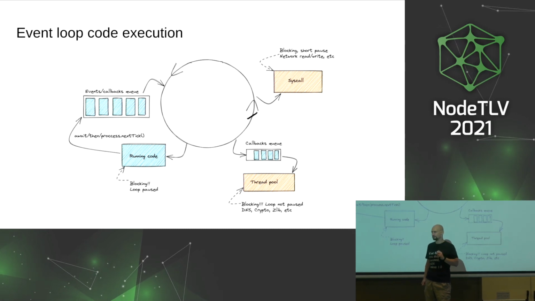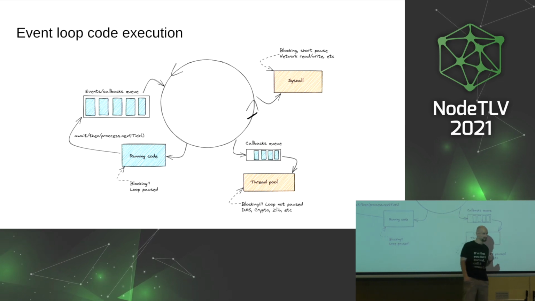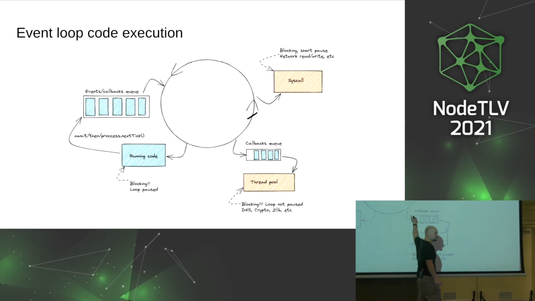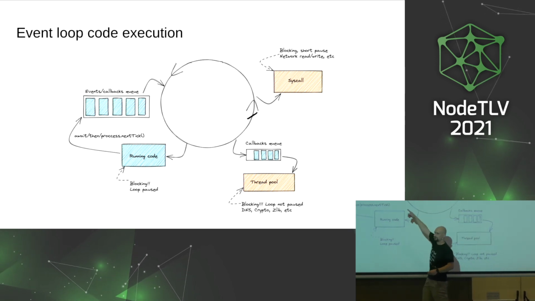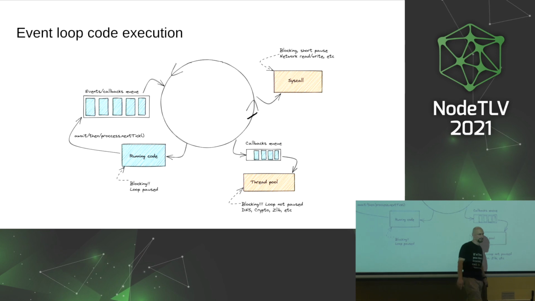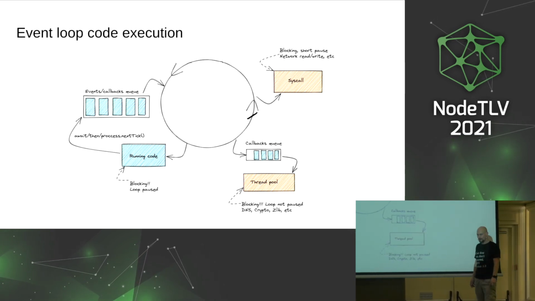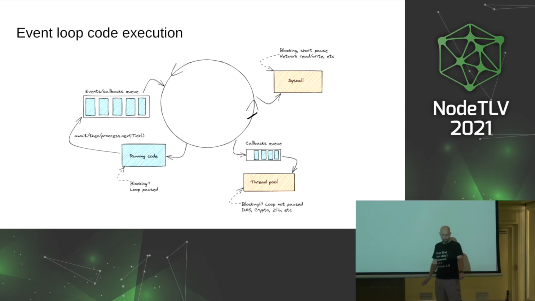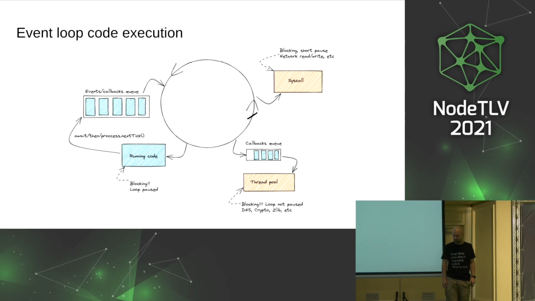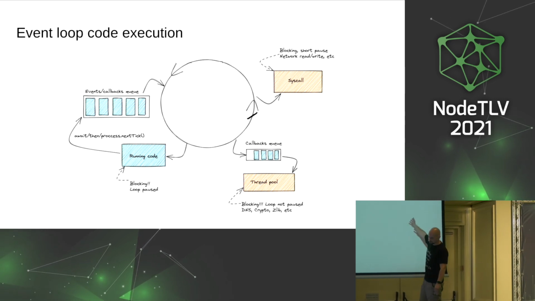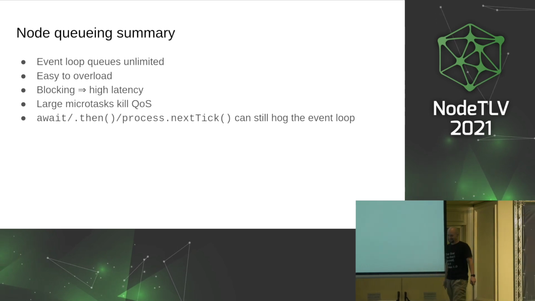Okay? So what can cause this to be much, much worse? Anyone has a guess? What should you never, ever do in an event loop? Never block. You should never block the event loop. If you block the event loop, then the service center is going to be blocked. Latency is going to start rising very fast because the queues, remember, are going to wait and wait and wait for something that will not be released in a very long time. Okay? So this is why you never want to block the event loop.